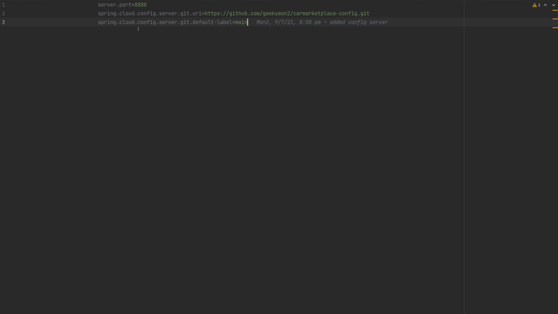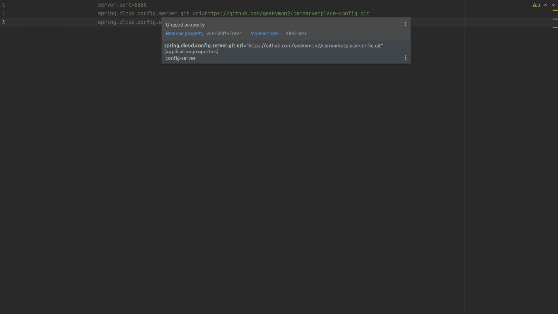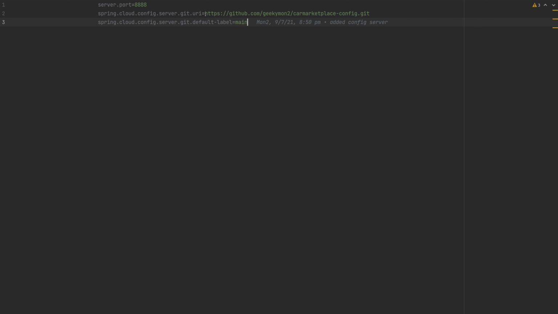Over here, I have specified the server.port as 8888, which is by convention the port on which the config server runs. I'm also specifying the config server git URI. In order to hold my configuration, I have created a separate repository, so I'm specifying the git URI of the path of my repository. The next parameter is the branch from where it needs to fetch the configuration.